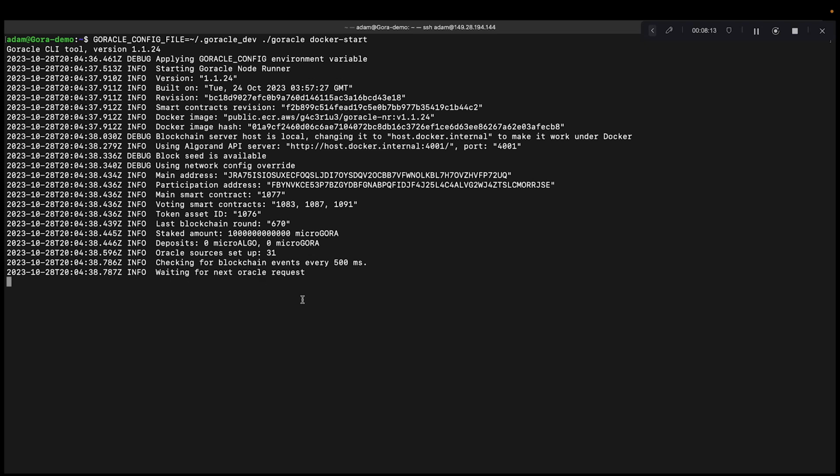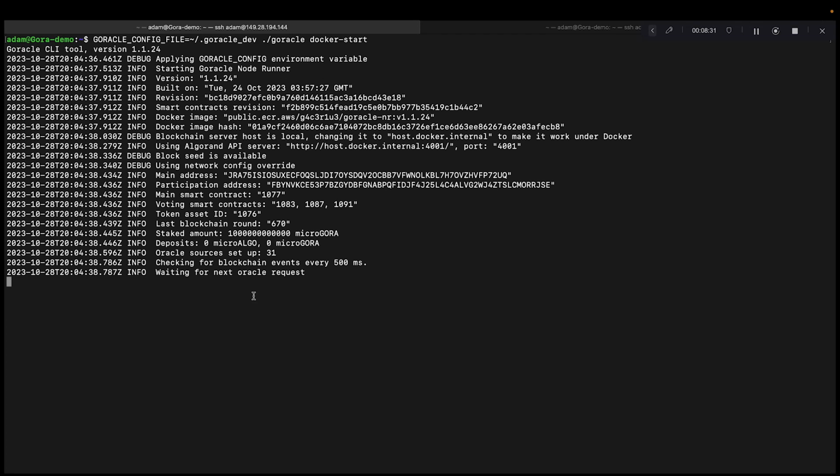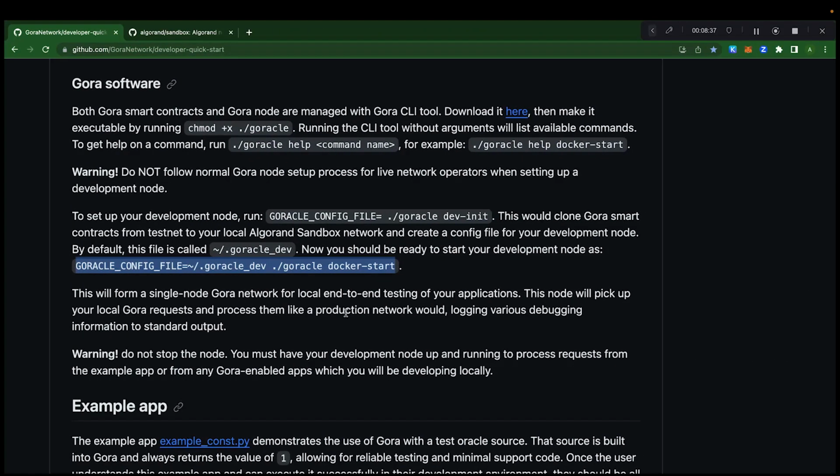So I will open up a new terminal here, and we're going to log in. Okay, so now all we've done, we have the node running over here. This is just another terminal window so that we can complete the next step.